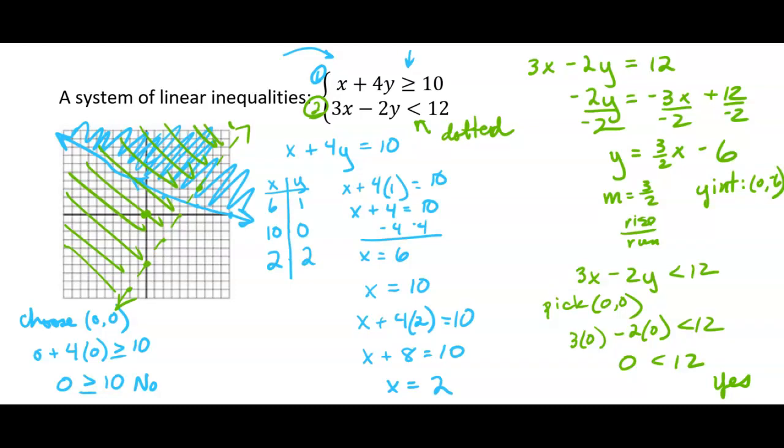Okay, you're almost done. Now what we have to do is we have to see, well, where is both the blue and the green? Because those are the points that are going to satisfy the system of linear inequalities here. And so I'm going to use the highlighter. We'll see how well this works. And it's going to be this area here. Oops, I'm a little off there. The highlighter's a little out of my control, but there it is, okay? So sometimes students actually, when we're in class, they'll bring highlighters to class just to do that type of thing. But the yellow area then, those are the points that satisfy the system of inequalities. And the only way to solve this is by graphing. Okay, we will have another example in the next video.